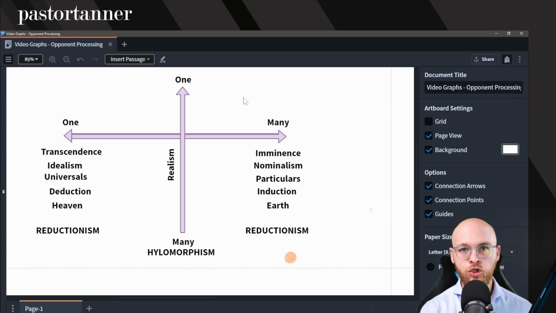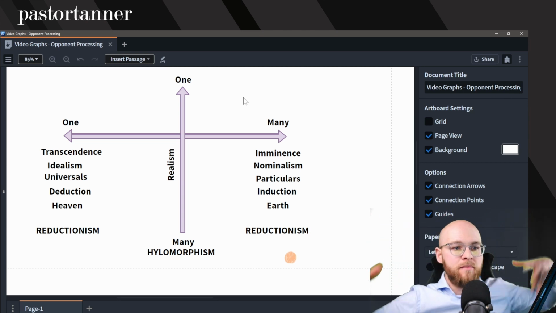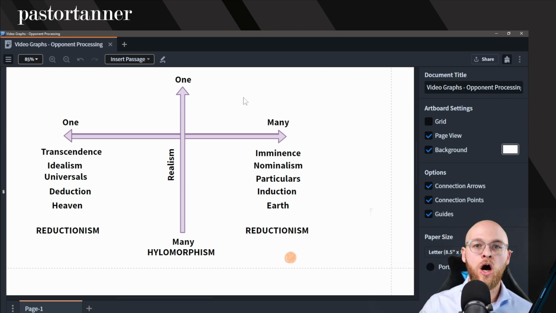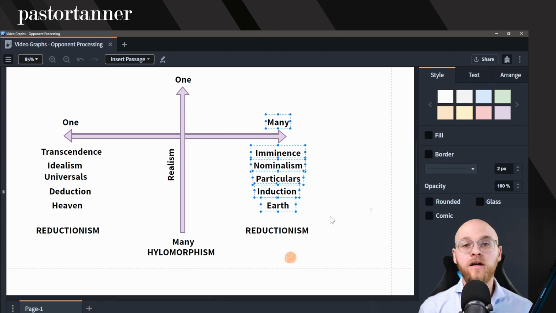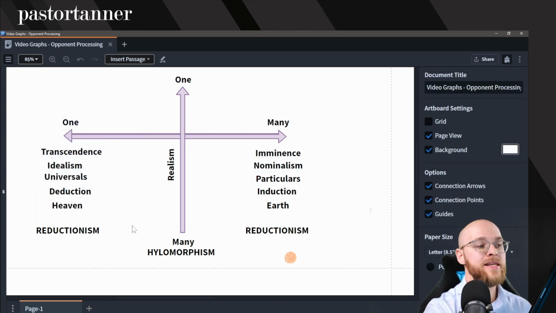Instead, we go into two dimensions, and the one and the many are all subsumed under the banner of realism. We get all of it at once. This means that I can read authors from the many camp and glean something from them. Why? Because I think the many is true. But I can also read authors from the one camp and glean something from them. Why? Because I think the one is true. I believe it's a both-and because I'm a realist.